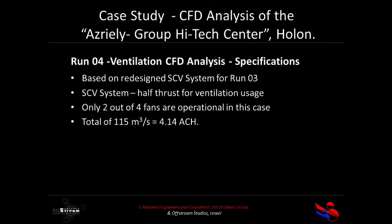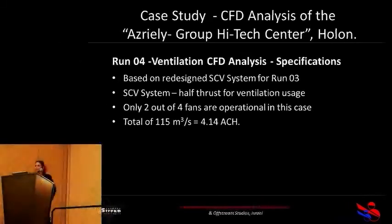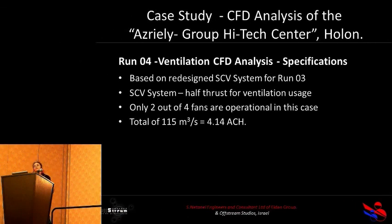Okay. After running the third run, and we were satisfied with the result and it was acceptable, we went over to run the ventilation run. In the ventilation run, the entire system is working on half thrust, which means instead of 4 fans in each shaft per level, we're actually activating only 2 to get only half of the exhaust strength. And we use it according to the ppm sensors in the level, and it operated by that. So we're actually operating this level in this simulation. We operated the ventilation system per the entire floor and not via the smoke zones. And the result we got